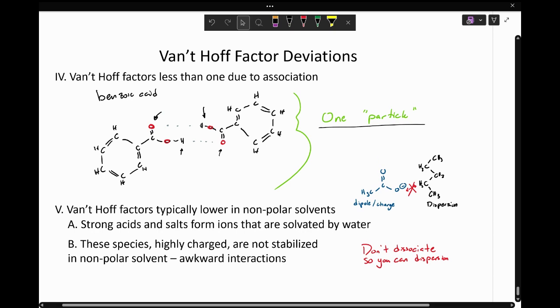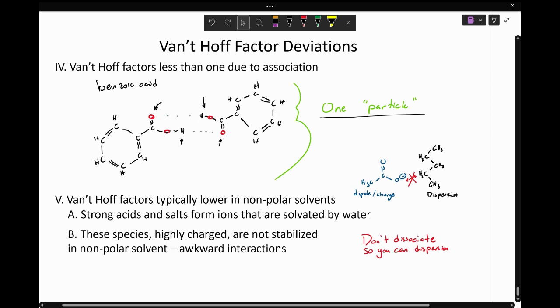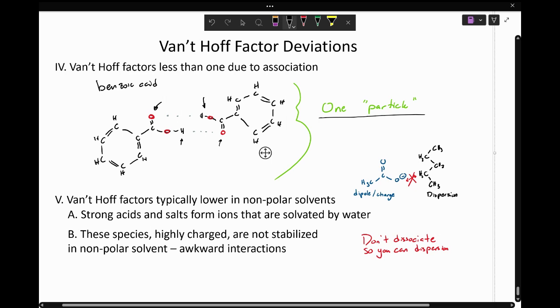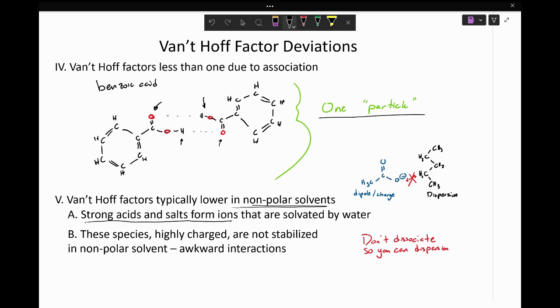And so with that one particle, we'll see less of a manifestation of any changes to the physical properties. And so, like I mentioned, these Van Hoff factors that are lower than 1 typically happen in nonpolar solvents. And we'll see that often it's going to be strong acids and salts that typically form ions. When they're in water, they end up being solvated, but when they're in a nonpolar solvent, they're not stabilized, and